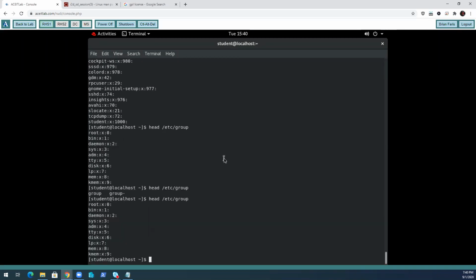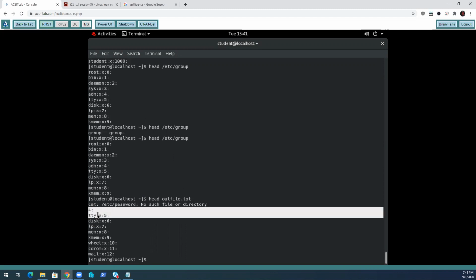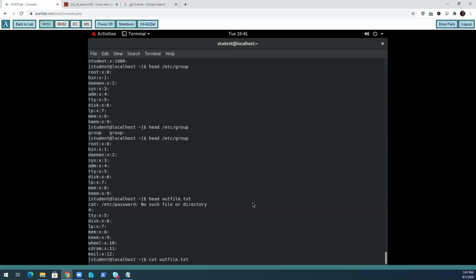It's kind of weird because when I did it that method, it kind of corrupted the file because I'm missing some things. Look, I'm right here. It cut off all of this. And anyways, this is not the preferred method of sending the output and the errors, standard out and standard error, to the same location. The preferred method would be